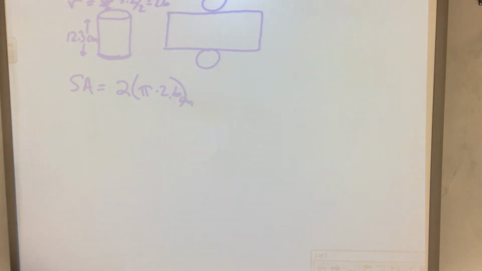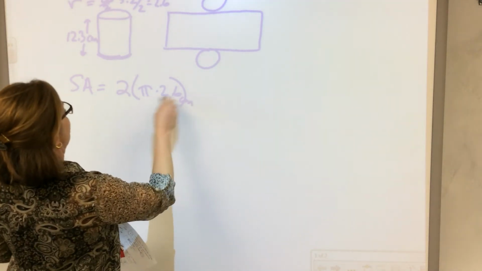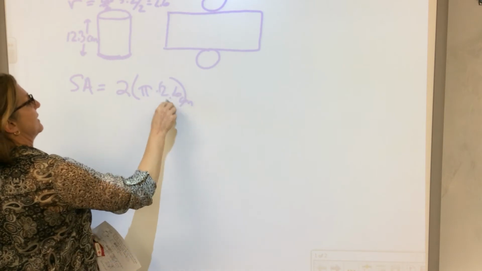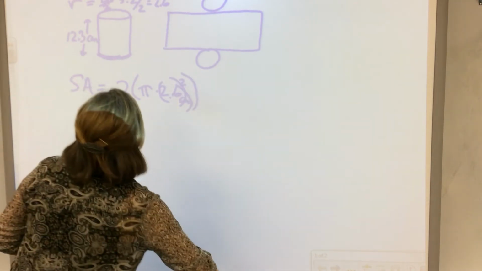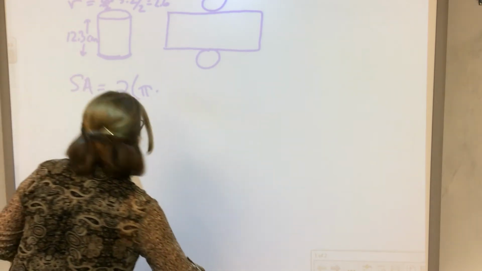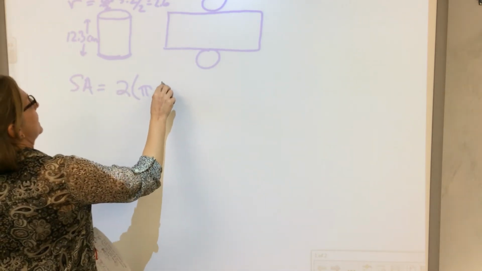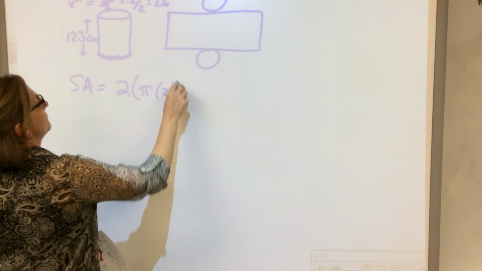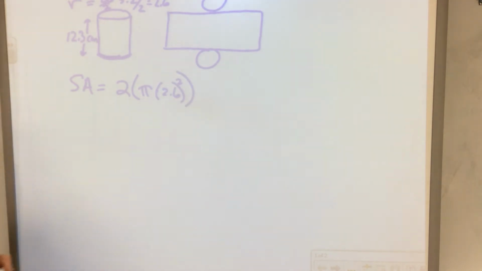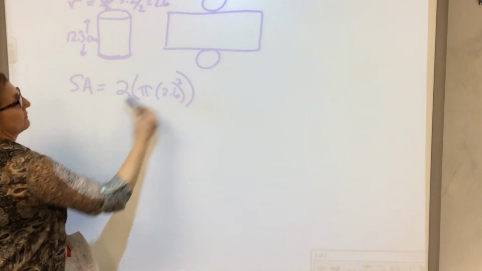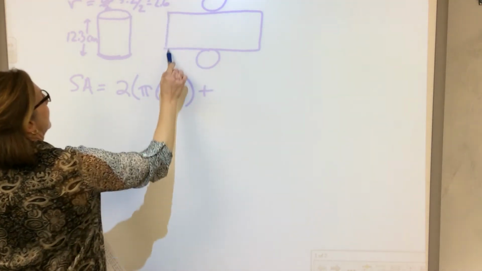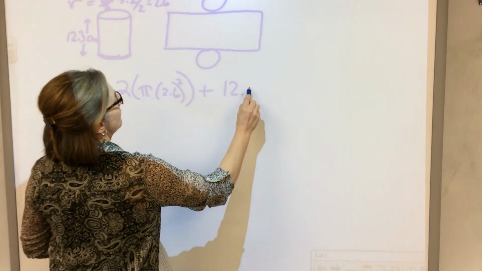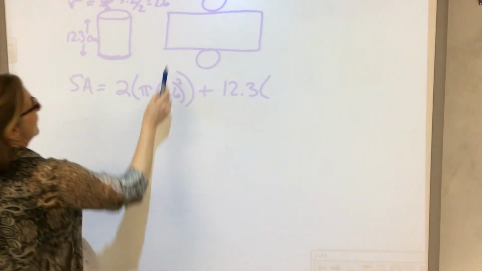Okay, so I'm going to do that one. And then I'm going to add pi and then the radius squared. So I'm going to take this thing, and I have to square it, and then I've got my parenthesis. That looks terrible. Let me do that again. Okay, so it's pi times the radius, which is 2.6 squared, and then that's all together. So I have to do this inner part first. Then I'm going to add to that the height, which is 12.3, and I'm going to multiply that times